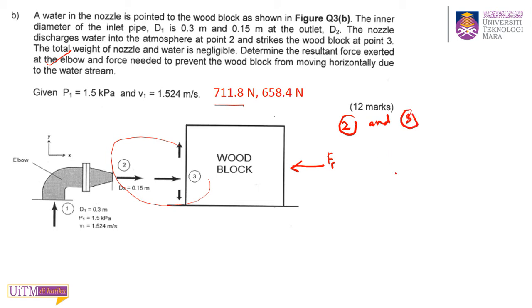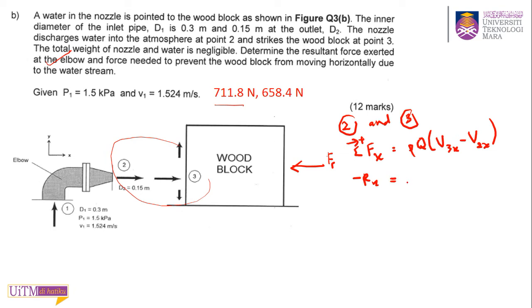So you do the same summation of force in X direction, so to the right is positive, okay, Fx equal to rho Q times V3x minus V2x. Okay, so you want to find this half x yang letak sini, so you only have this one, so this is negative Rx,